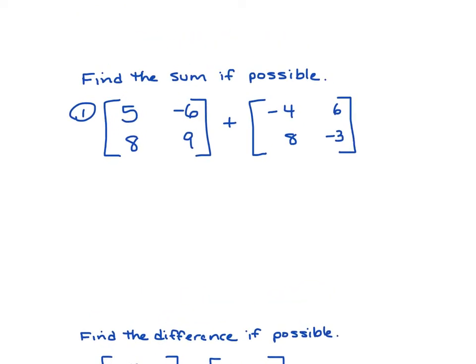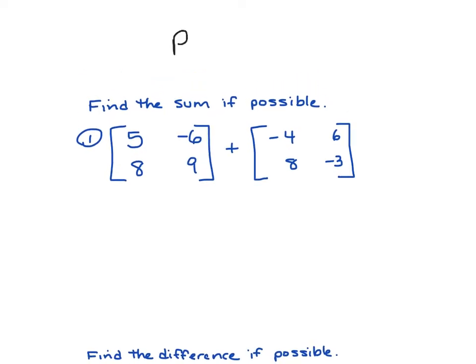So here is my first example. Notice that the instructions say to find the sum if possible. So for example, if these two matrices were not the same dimensions, then my answer would be no solution. However, they're both 2 by 2, and when you name a matrix as far as give the dimensions, it's always rows by columns. So both of these matrices that are listed here, they're both 2 by 2s,